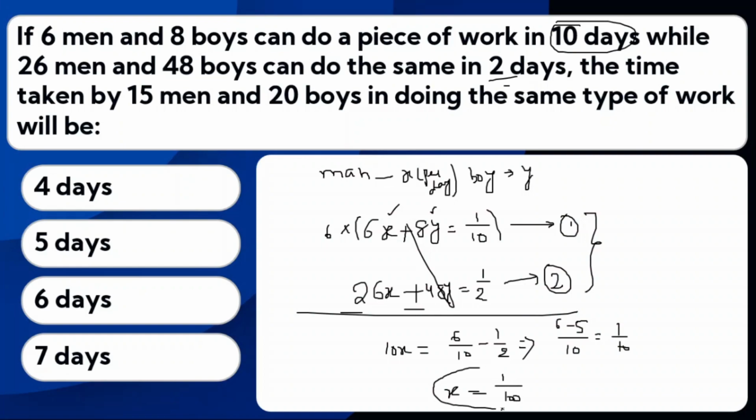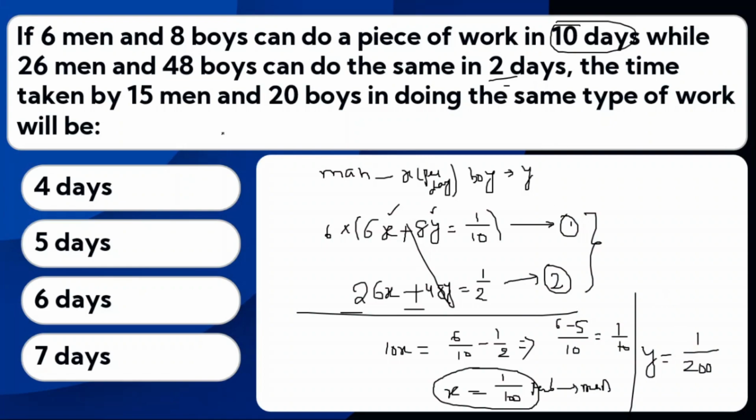So this is the work done per day by a man. You already know that x is the work done per day. So x equal to 1 by 100. A single man can complete the work in 100 days. If you substitute the x value in the first or second equation, you will come up with y equal to 1 by 200. Just go with that. I don't want to explain in detail about that. So y equal to 1 by 200, such that a boy can do the work in 200 days. Per day he is doing 1 by 200th of the work.